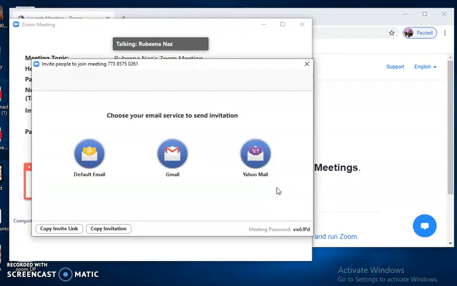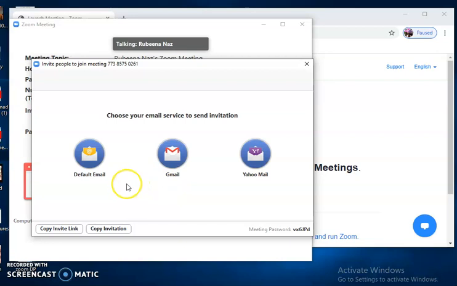After setting your audio, secondly you will send the link to your fellows or to your audience, so they can join the Zoom meeting which you have arranged.